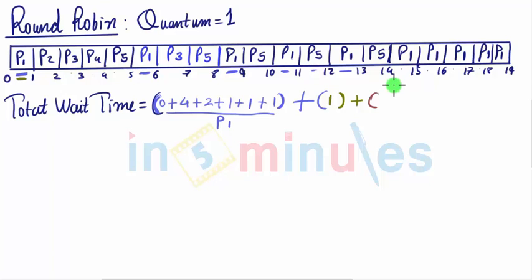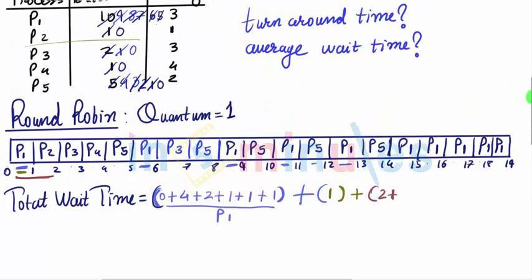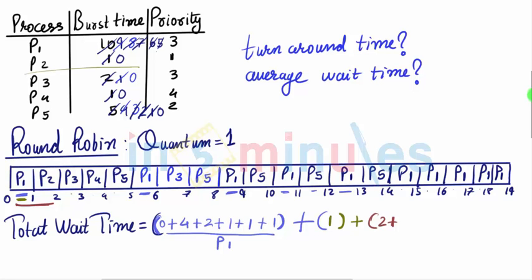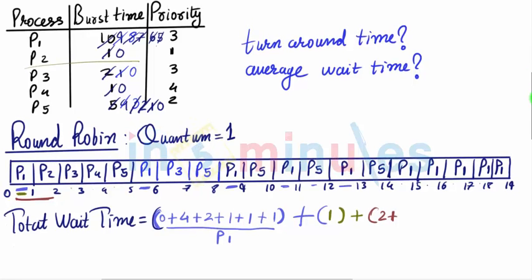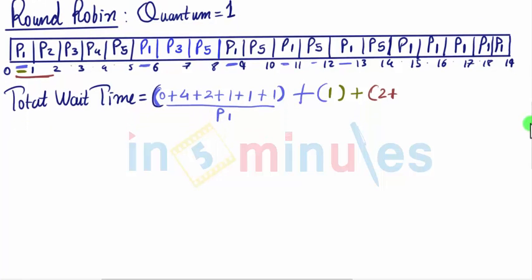Adding to the next round, let's talk about P3. So if we talk about P3, P3 initially waited for 2 burst cycles. Let's add it up. P3 again, remember, go up. P3 again lasted only for 1 cycle, that is after 2, 1 and then 0. So let's calculate. First it waited 2, then it waited 1, 2, 3, followed by P3 again started, and then P3 got over. So this was for P3. Similarly, this was for P2.